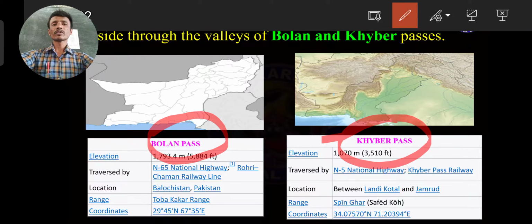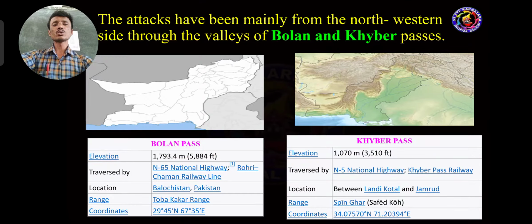the southern part the Indian Ocean, the western part the Arabian Sea, the eastern part the Bay of Bengal. So this total area is 6,100 kilometers. The remaining is only the land frontier, meaning the land border, which consists of 15,200 kilometers. Especially here in the northern part the passes are available, so we consider them the intrusions. Such passes are the Bolan Pass and the Khyber Pass. These two played a very important role.